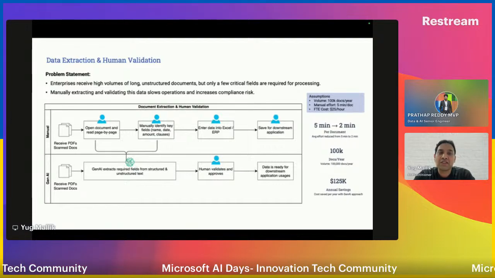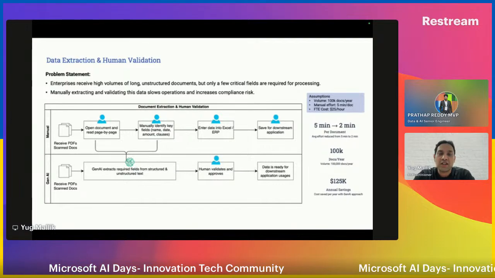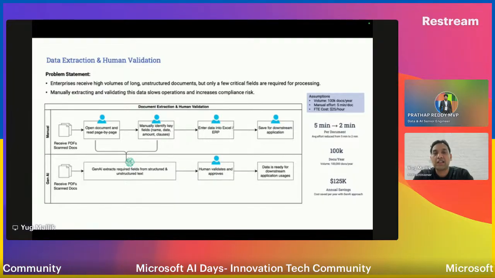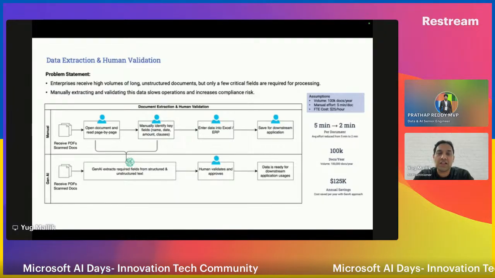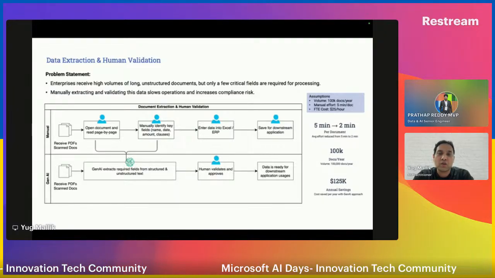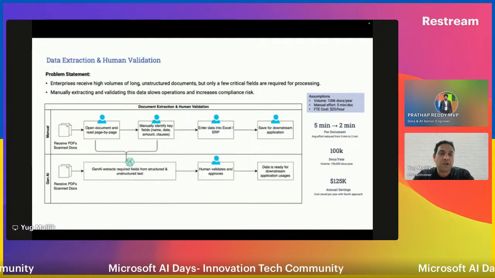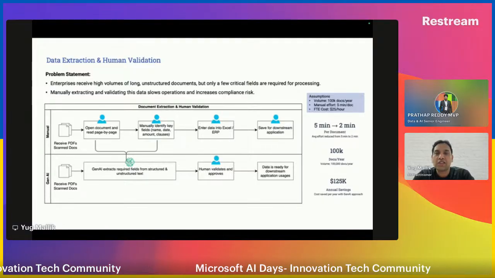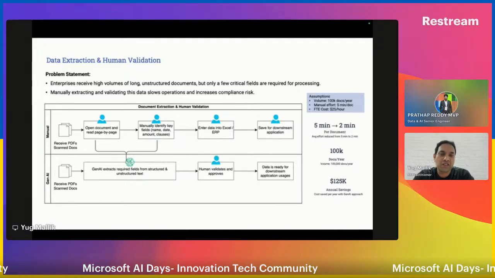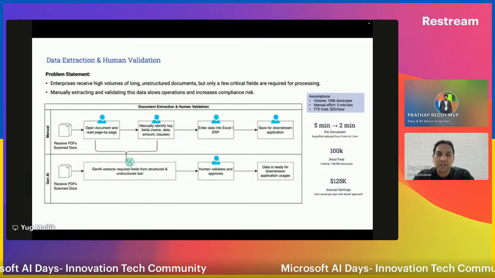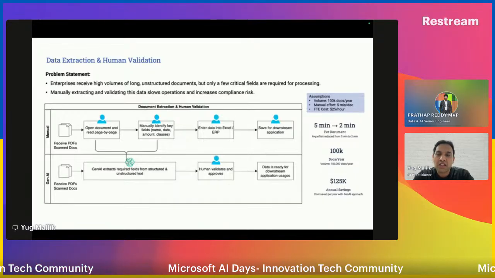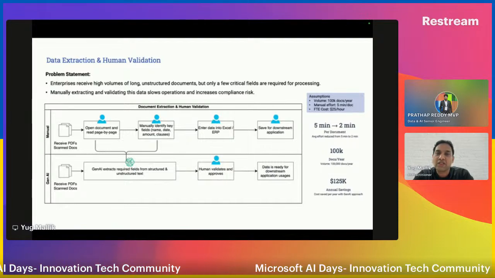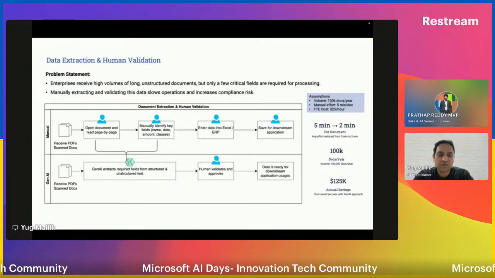And think about it, this is just a number that I've taken to give you a perspective of how generative AI can save your cost, increase the efficiency, and increase the overall productivity of the employee. But given that you're processing more than 100K, and some industries are processing millions and millions of records every year, if you smartly use AI or generative AI in the processes, that's where you can reap the real value.